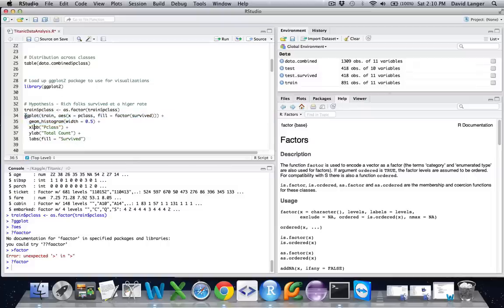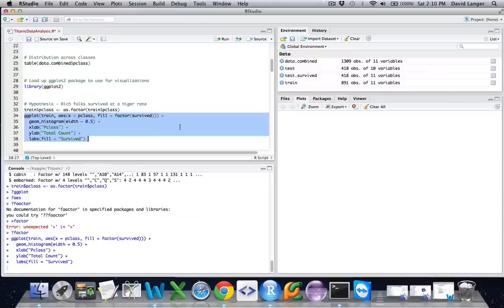And then these last bits just say, look, I want to add an x label called Pclass and a y label called total count. And this is saying, hey, I want to assign to the fill a label of survived. Let me just run this and it'll become much more clear in a second.